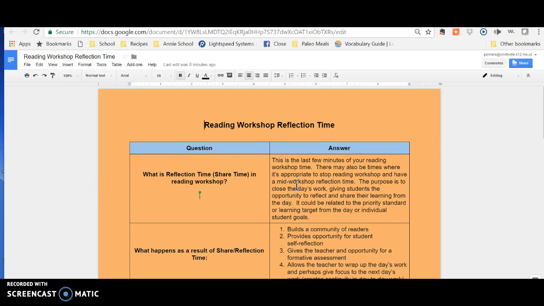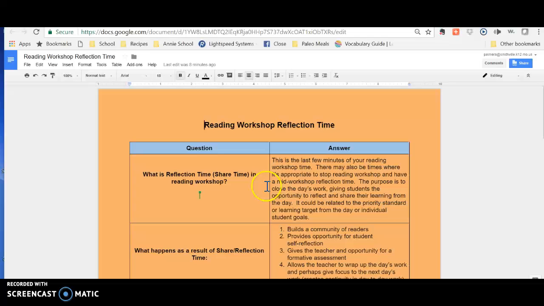Let me first say I keep calling it reflection time. You may know it as share time. I tend to use the word reflection time because it looks a little bit different than what it may look like in some classrooms. Some teachers might think of it as just share time. So let's get together and just have kind of a laid back share how things go today. And I feel like reflection is a lot more focused and encourages that student responsibility of where is your learning at and where are you going to take it next. So that's why I refer to it as reflection time.